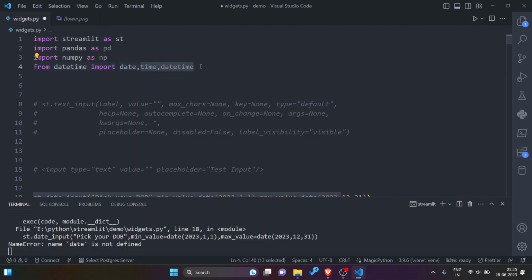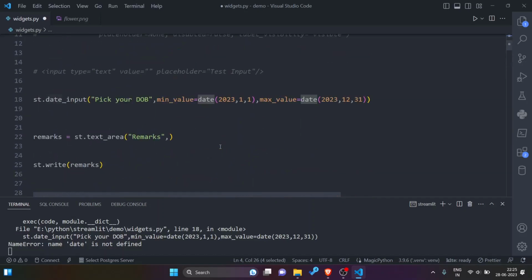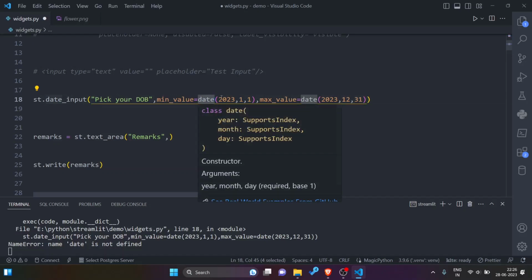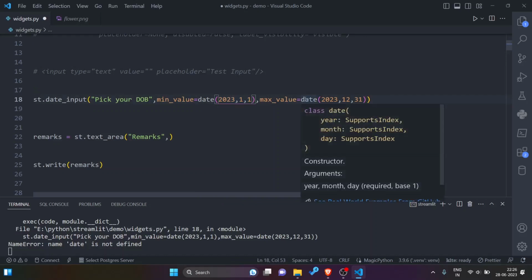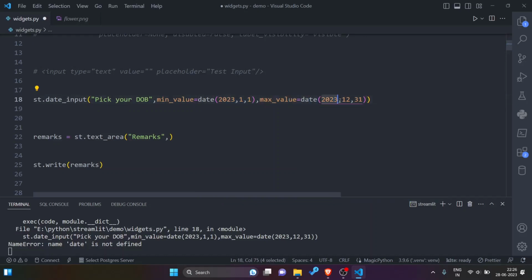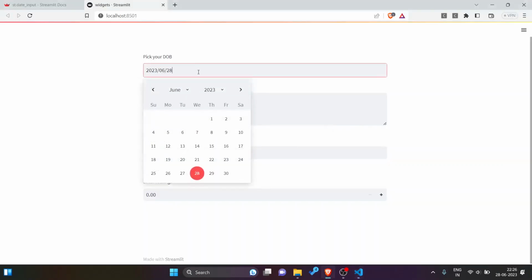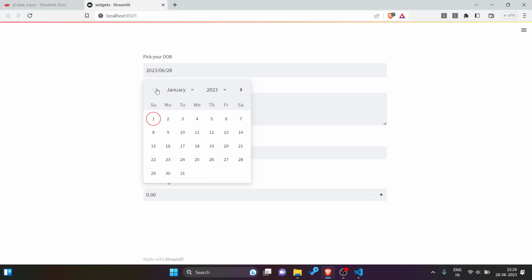These were for earlier examples. Now I have imported date also. Because I have imported date separately, I can change this from datetime.date to date, and then pass year, month and day. Max value date, year, month and day. So let us see in the example whether I can go beyond January. No, it is not allowed.